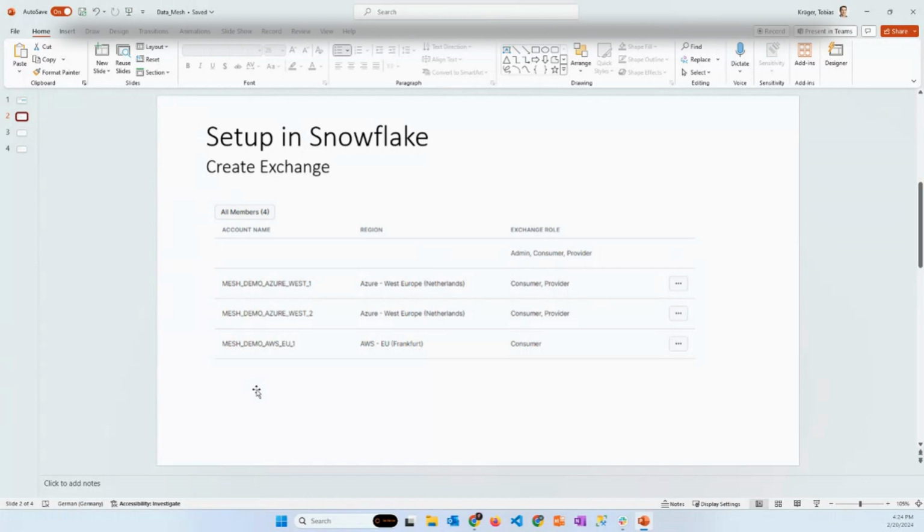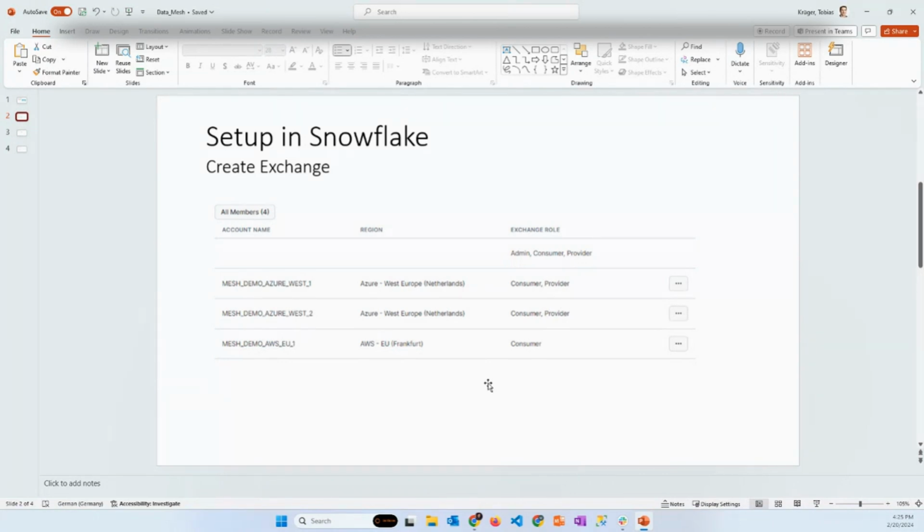As soon as you have it, you have one admin account which is steering all the other accounts. It can add accounts to it, and it can say if it's a consumer, a provider, or either one.